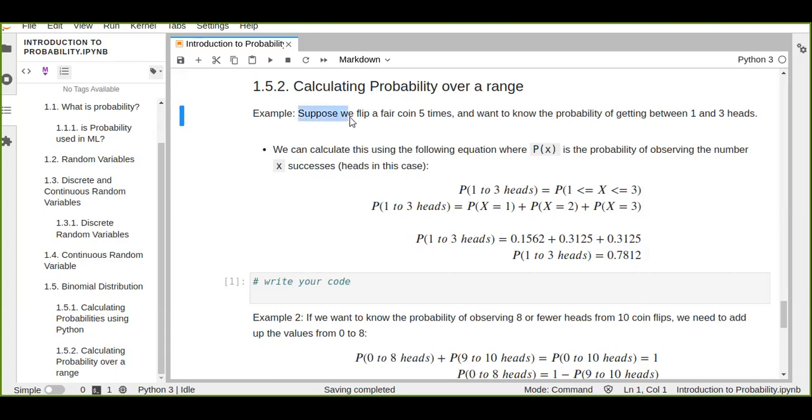Suppose we flip a fair coin 5 times and we wanted to know the probability of getting between 1 and 3 heads. We add up the probability of each value and we get the probability over a range between 1 and